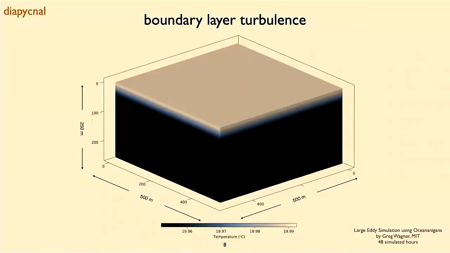So this is, as I said, there is also turbulence at the top layer of the ocean, which is the boundary layer or the mixed layer, as we call it. And that turbulence comes in really, really small scales. And here I will show you a simulation of how that turbulence might look. So this is a very, very small bit of the ocean, only 500 meters by 500 meters, and the top 200 meters of the ocean.